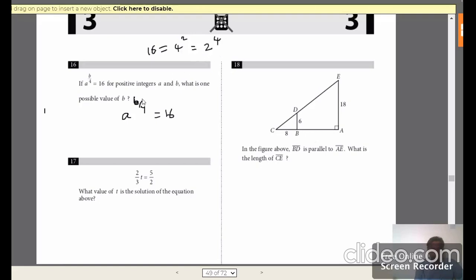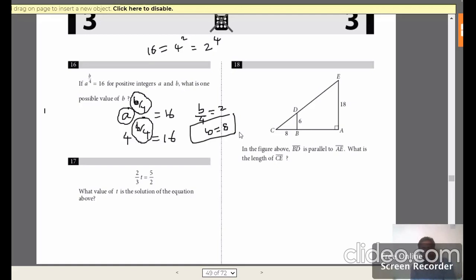So this anyway rules out. It has to be 4 raised to, this must be 4, and this entire thing has to be 2. Then only it will give you 16, 4 raised to 2. So then b by 4 equals 2, as this entire thing has to be 2 because 4 raised to 2 is 16. Then b is definitely 4 2s are 8, so b equals 8. It means it is going to be 4 raised to 2, which is 16. So the b value is going to be 8.